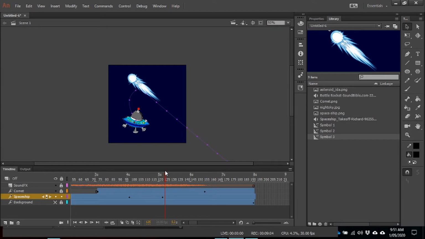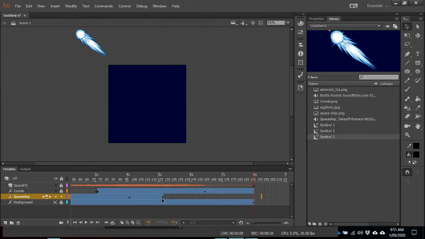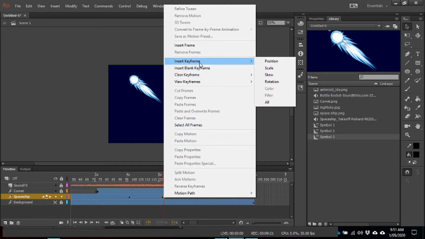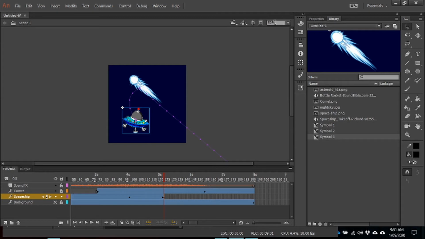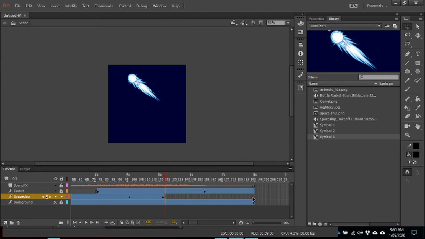And at this point, I want it to blur and go super fast. So this chunk of the animation is actually going to become rather useless. And I'm just going to remove those frames to clear out that space and basically come in with a new keyframe. And if I just do this, it's just going to extend it that little bit, which is not what I wanted. So anyhow, the next thing, I'm just going to insert a blank keyframe and have that run through